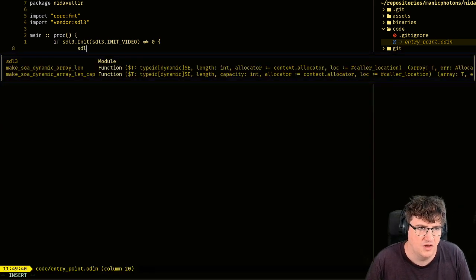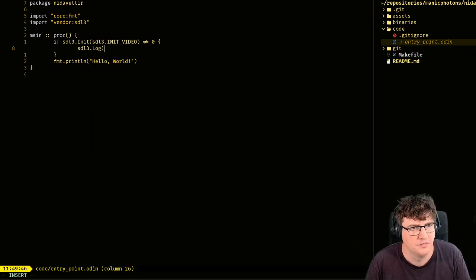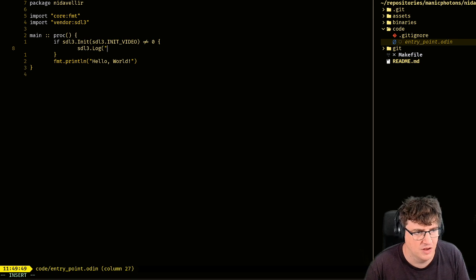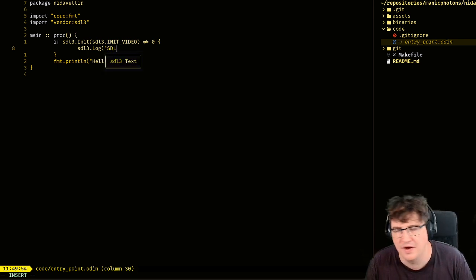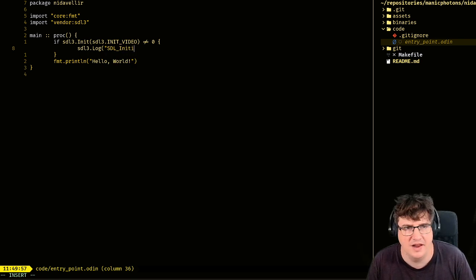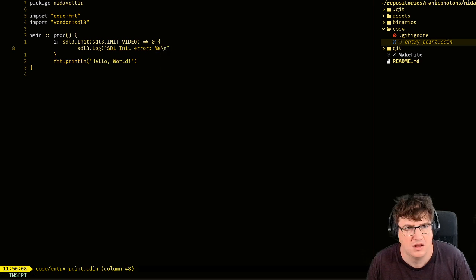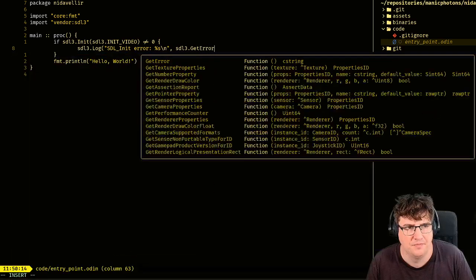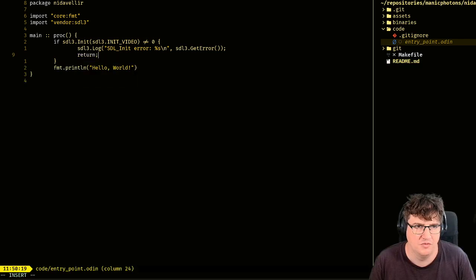So we would use SDL3.log. I'm probably going to change that because I'm going to be using my own logging system down the line, but for now, this is fine. SDL3 init error. And let's just pass in whatever string we can access with get error. Okay, there we go, and we'll just return out.